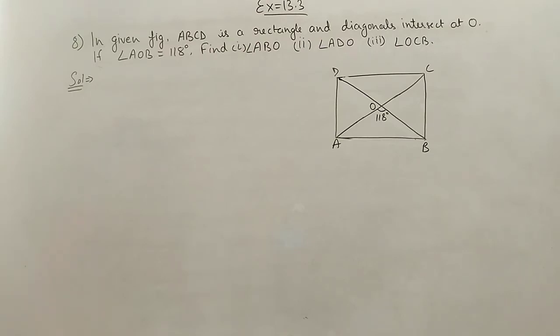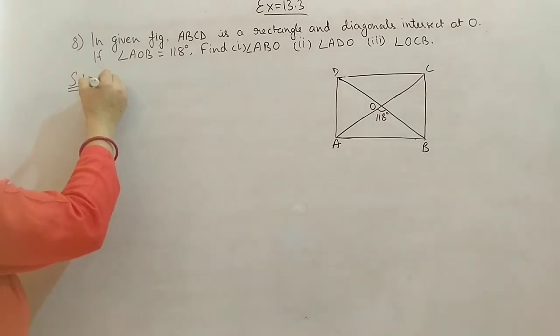Next, question number 8. In the given figure ABCD is a rectangle and diagonals intersect at O. If angle AOB, this angle, is given as 118, we have to find out angle ABO, angle ADO and angle OCB. So first we will start from this triangle AOB. In triangle AOB,